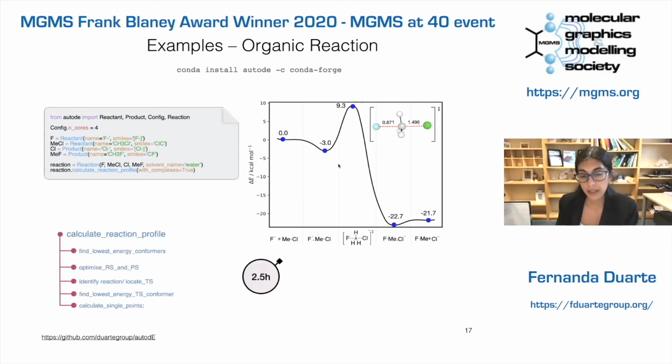So the student that was working on this initially, the master student, was timing himself and checking how long it will take. And the SN2 reaction is not difficult to calculate, but still waiting for that to finish was taking up to 2.5 hours. Just drawing the plot and all these small, tiny, simple things, but they take time. And actually, we can really reduce the time by introducing automation in those cases.